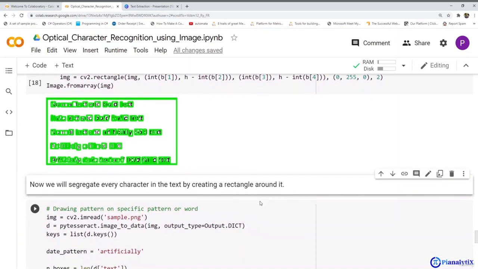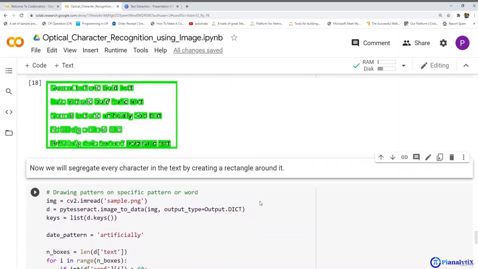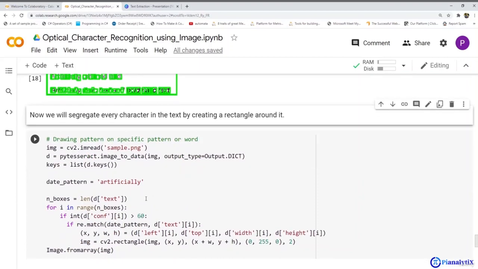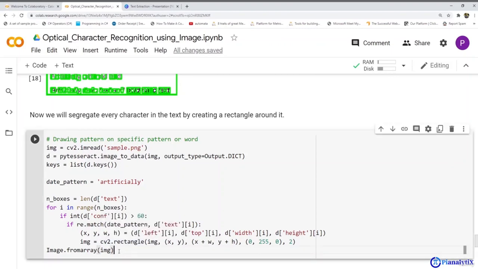Similarly, we can draw rectangles on specific patterns or words. For this, we will pass a pattern that we need to make a rectangle on, and we will run the for loop which will match the pattern in the text, and as it matches the pattern, it will create a rectangle using the cv2.rectangle function, and it will return the image.